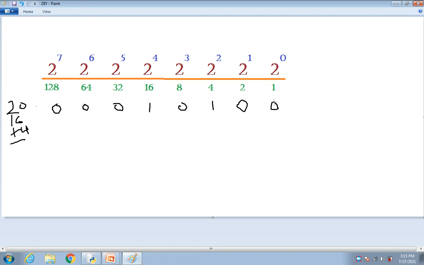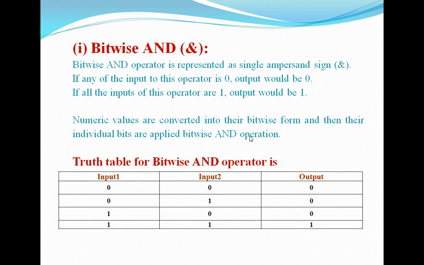You even have built-in functions with which you don't need to do this sort of calculation. There are the inbuilt functions bin and int, where you can change it. Still, I am explaining it to you. So let's do the calculation part. Let's do the work.